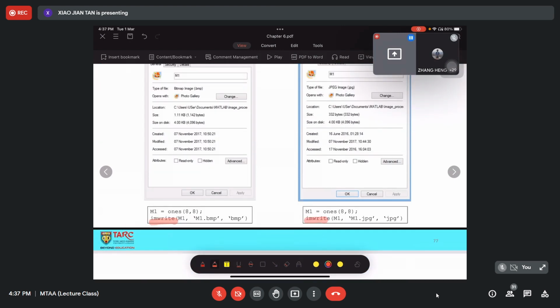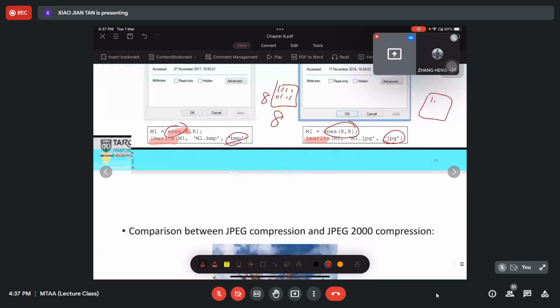So ones 8, which means you have an 8 times 8 pixel group. Ones means everything is one, which means this is a white color image, and this is also ones 8 times 8, but the only difference is JPEG and also bitmap.